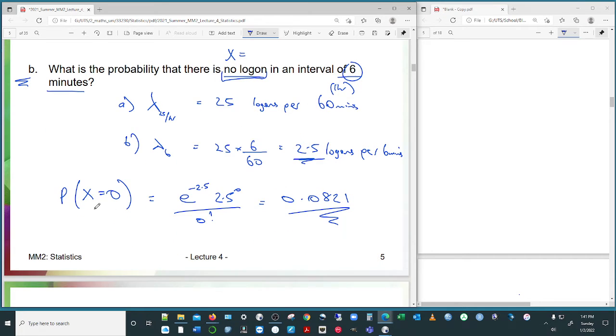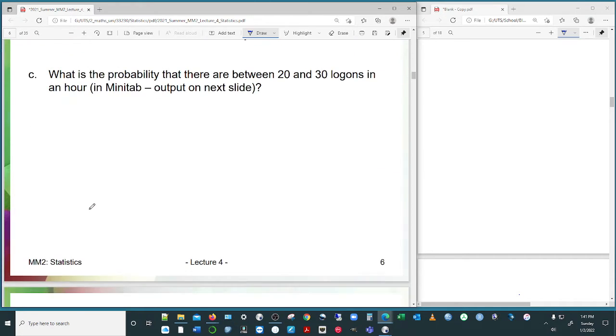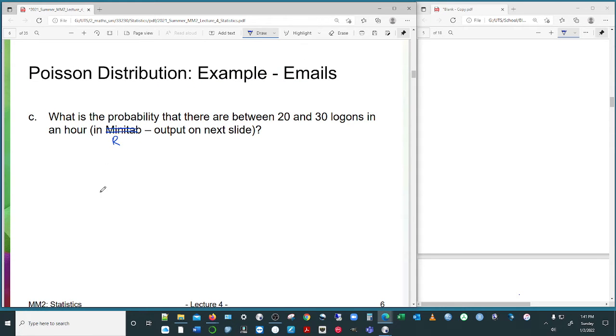Alright, so let's think about this one from another perspective. So that should be R, so I apologise for that. I did it on my slide, but I don't know why I didn't do it on this one. So that's annoying. I've put the R output on.